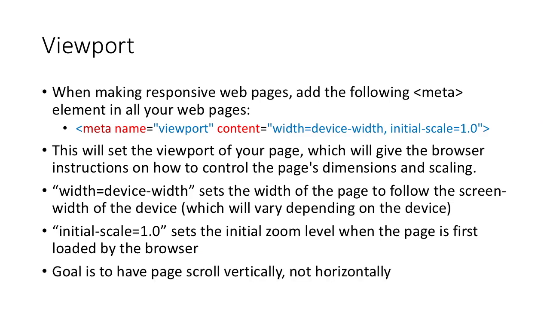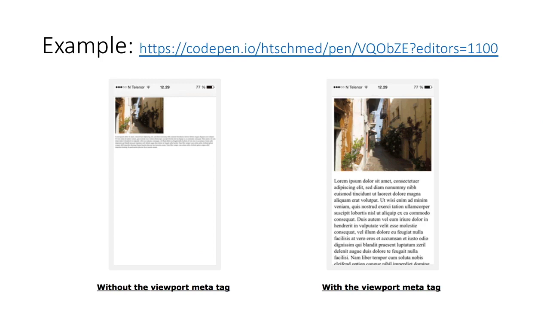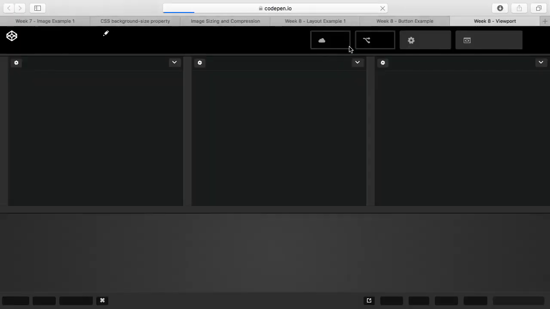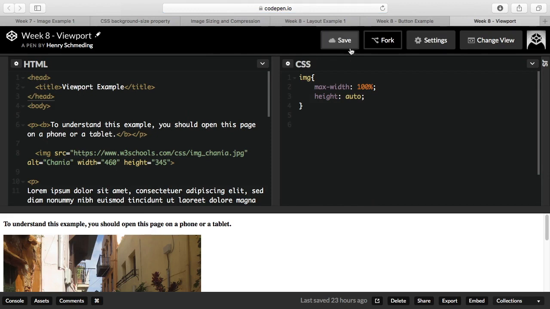But yeah, like I said, the goal is to have the page scroll vertically, not horizontally. And then this is an example of what happens when, I'm not going to go through the pen, you go through. The other thing to note with some of this stuff, actually I will open this up real quick, is it's sometimes pretty hard to,